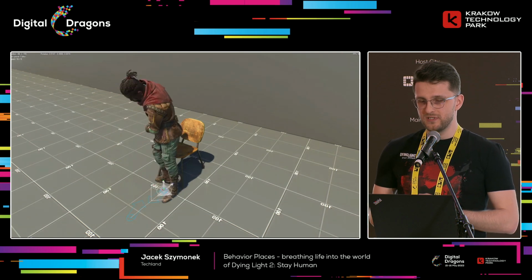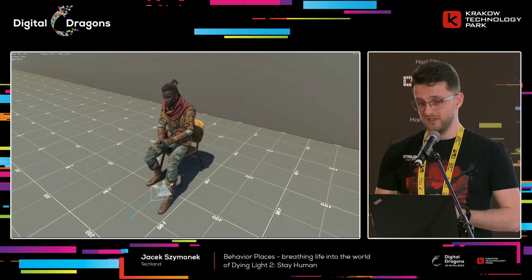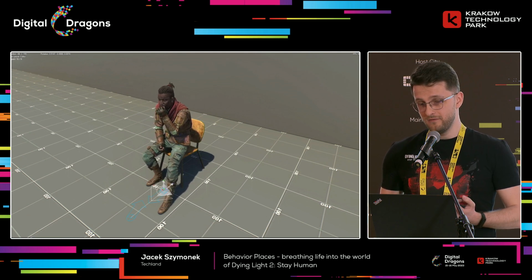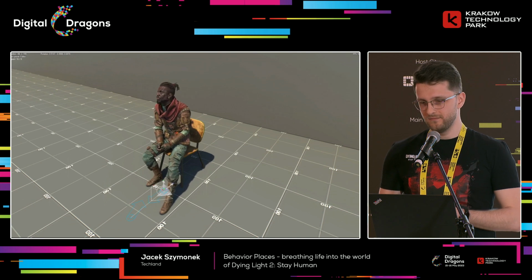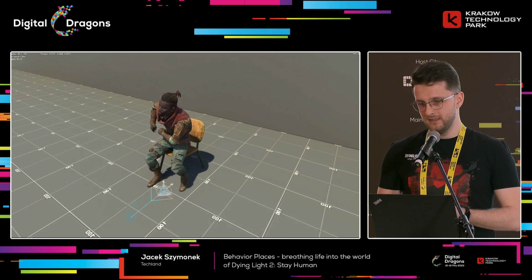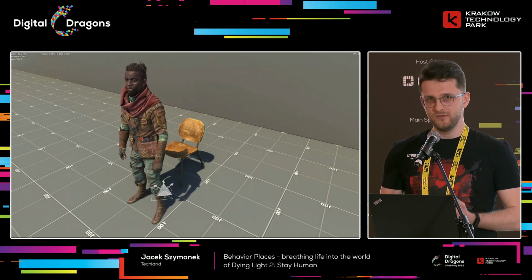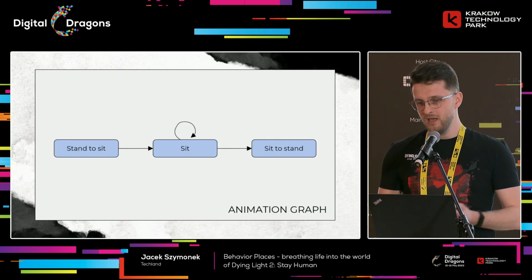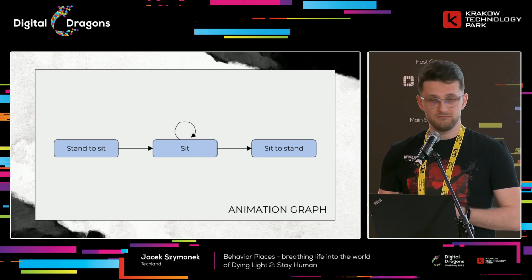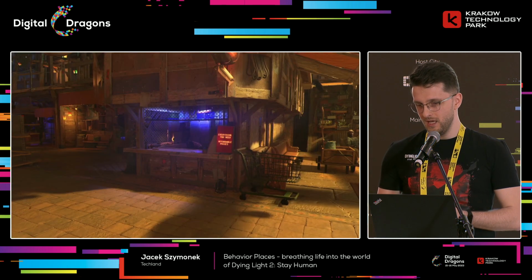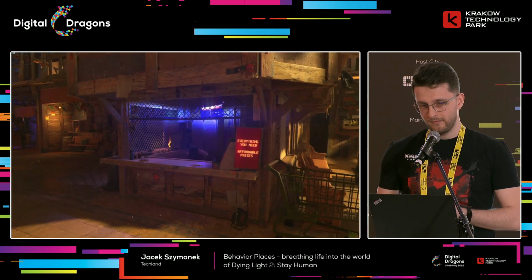In this clip, we can observe a sequence of animations. First, the character approaches a chair and then sits on it. Then he's sitting for a while, scratching his head, looking around. It might take one or more loops. And then finally, he decides to stand up. So I've counted 3 animations playing in sequence with a loop in between. Here's how the state machine for that would look. First, we sit on the chair, keep sitting for a while, and then stand up. Easy.